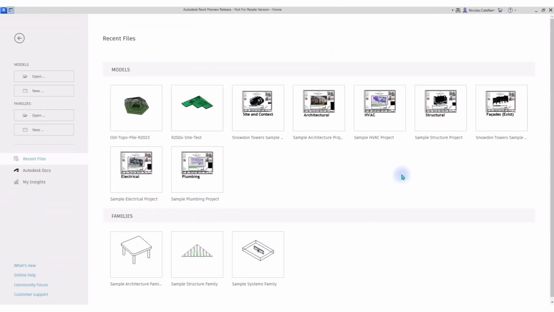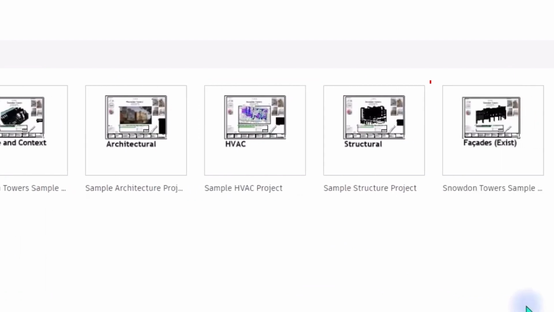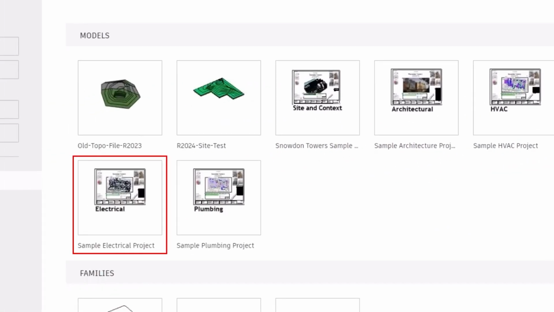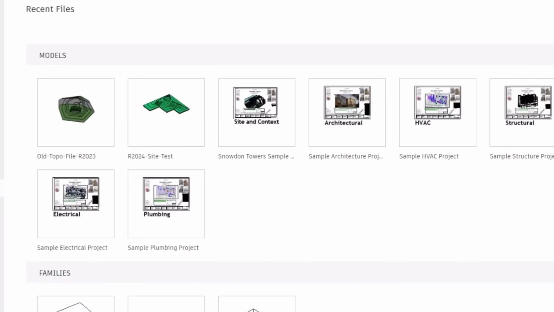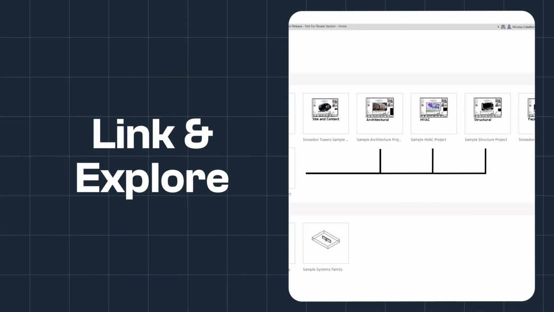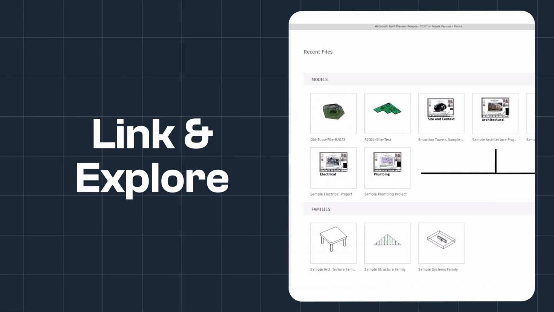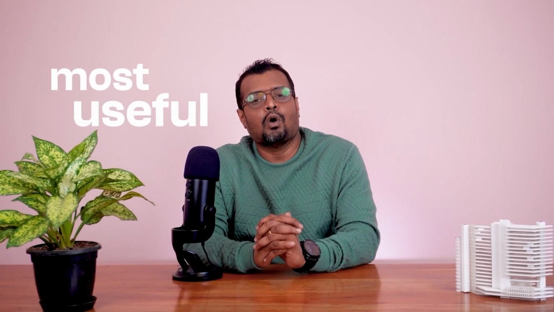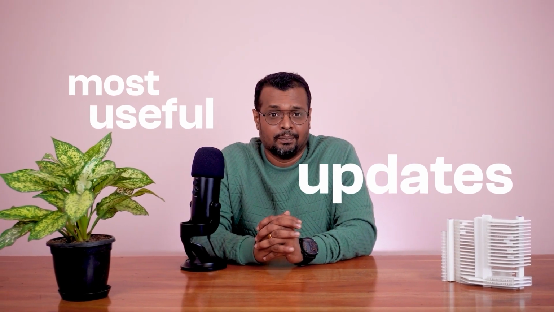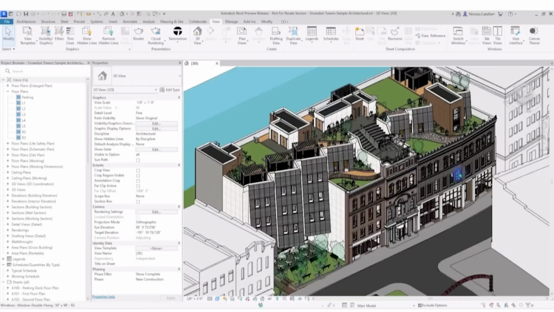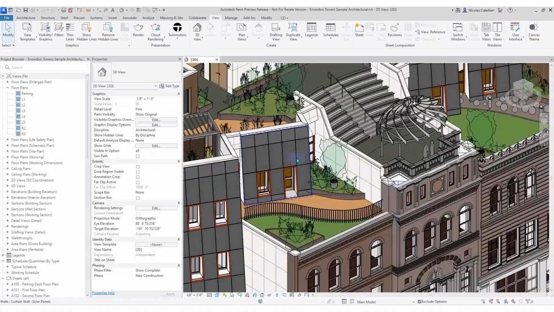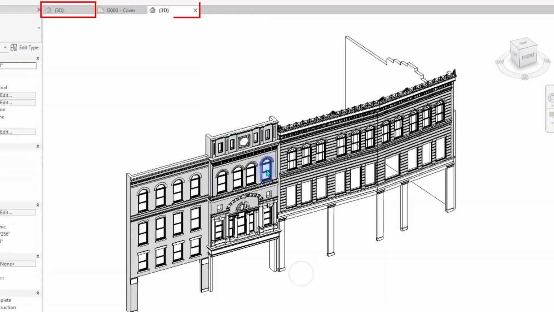Now let's move on to another interesting update that was much due in Revit, which is the addition of more sample projects. So here you can see sample architectural projects. We have the sample structure project, electrical project, HVAC and plumbing. So in Revit 2024 you can link these together and explore at the same time. I think this is one of the most useful updates in Revit 2024. This has made Revit up its game big time. This is what this looks like. You can also play around with this and explore much more in the 3D view and see what you need